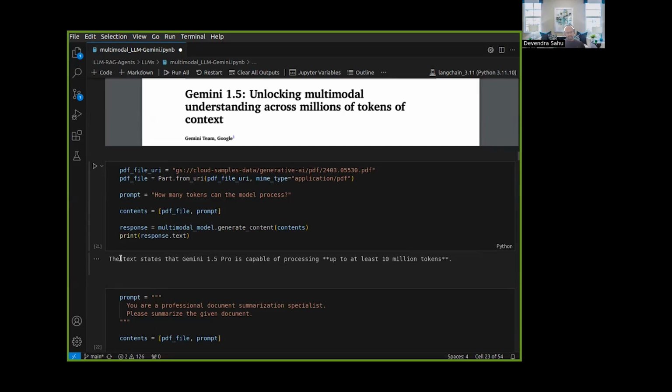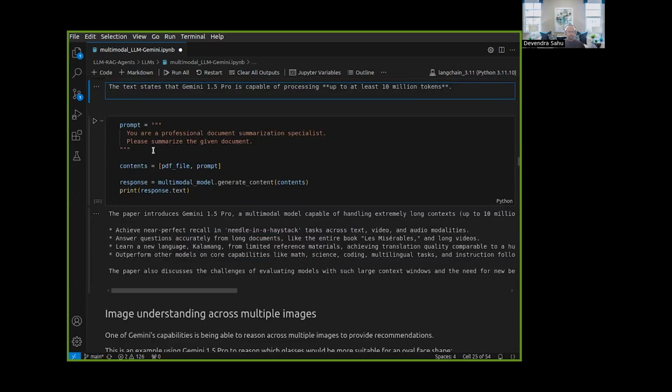And now you see that it's able to read the PDF and give me the answer up to at least 10 million tokens, right? It takes it from the paper. Then you can also give a prompt like, you are a professional document summarization specialist. Please summarize the given document. And then again, you can pass in the content, which is the PDF file and this prompt. And then you can generate the contents and see the response. It will give you a summary of this paper in 4 bullet points. So this was more about processing